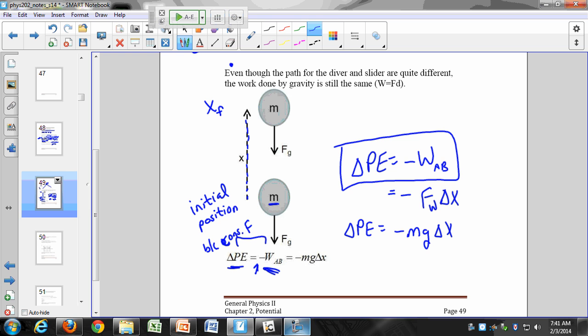All right? So this negative comes about from this argument about the changing energy in this gravitational field. The AB would be from point A to point B, right, moving from point A to point B, because it's going to be the opposite if you're moving from point B to point A. All right?